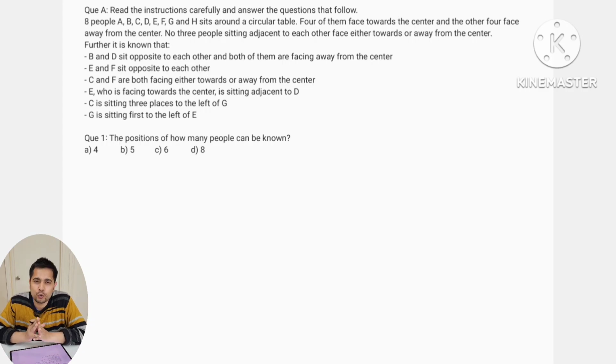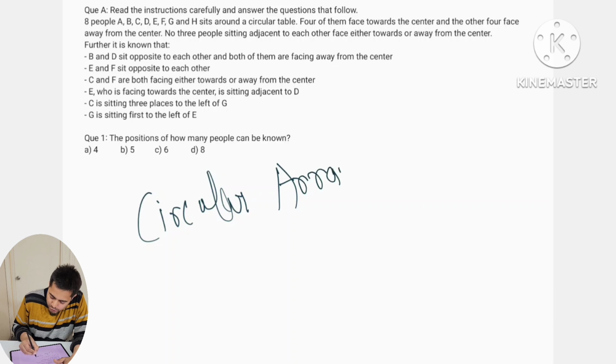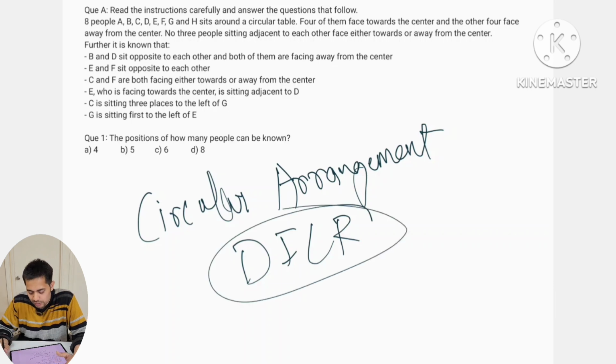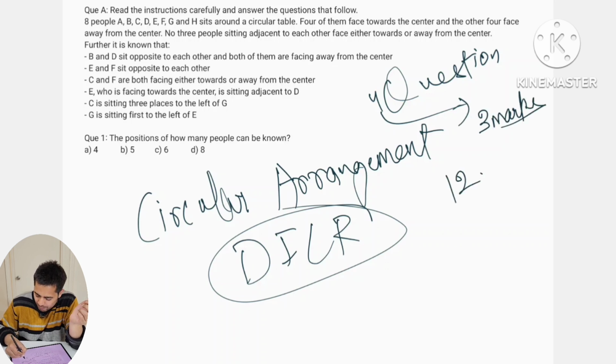So today we are going to do another important topic of CAT, that is circular arrangement. Generally these kinds of questions come in DILR sets. If one question of circular arrangement comes, you can easily get 4 questions in a single set in the CAT exam, and each question is 3 marks, so you can consider at least 12 marks